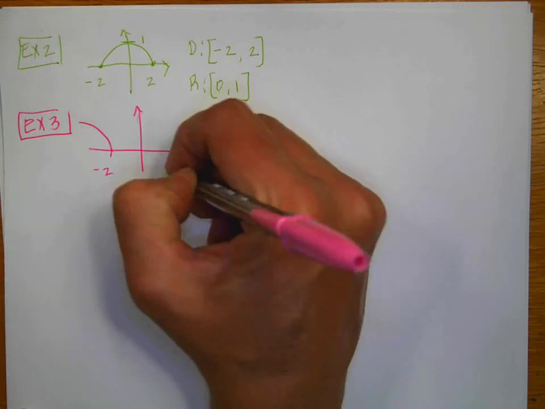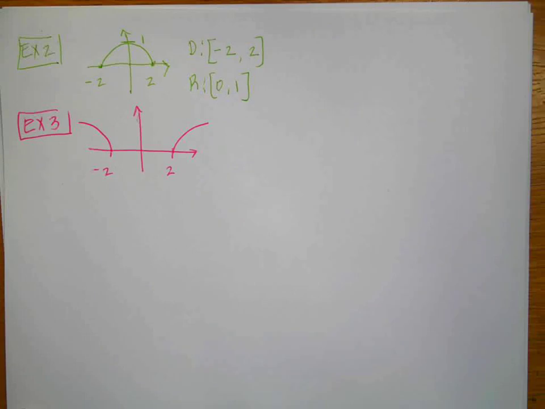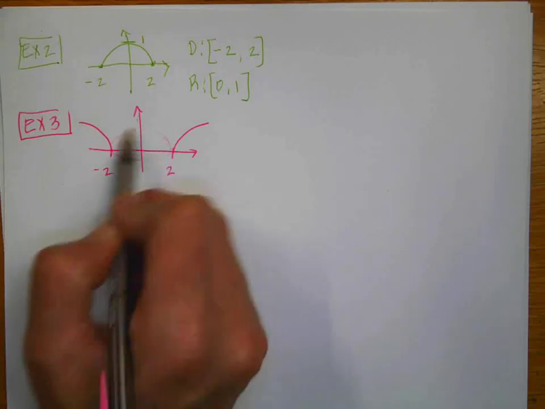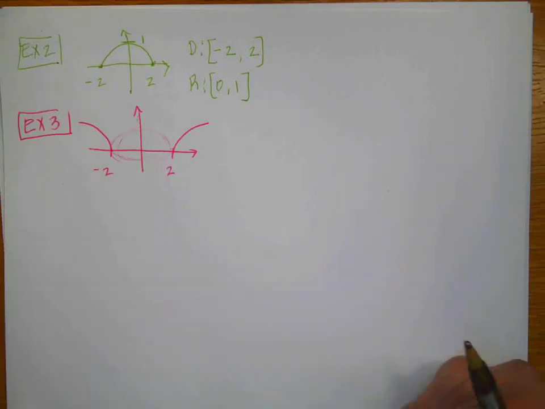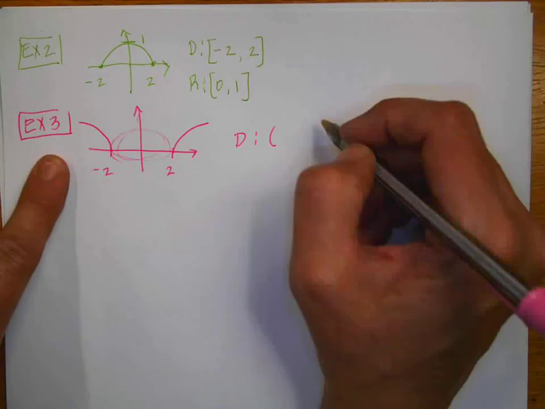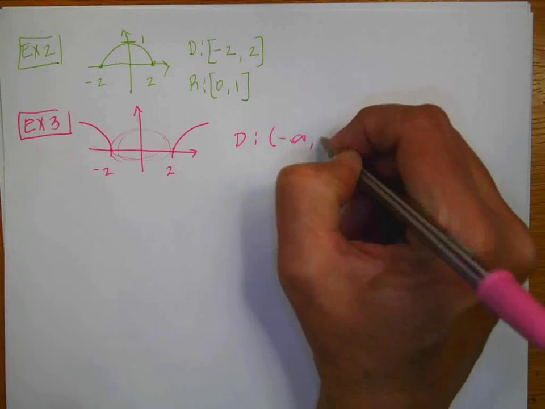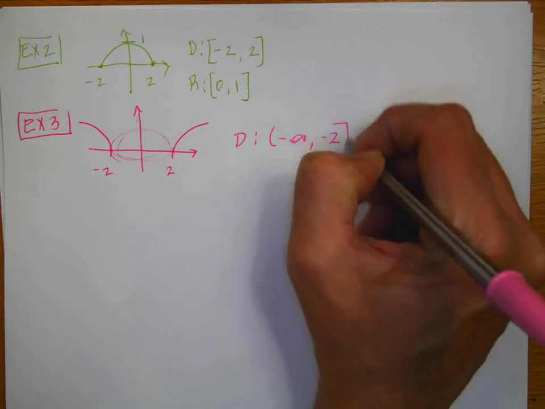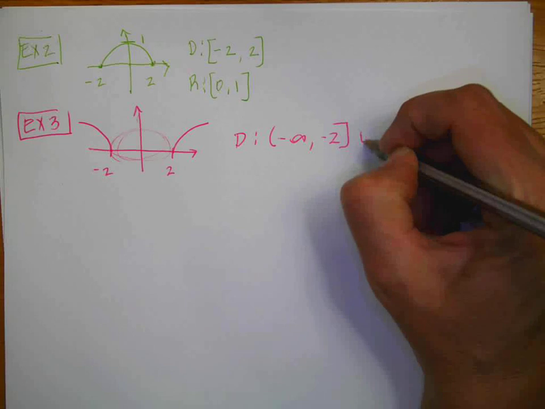This value is a -2. This is a +2, and that guy goes that way. All of this in the middle, there's nothing there, so therefore it's undefined. So then my domain is going to be, starting at the left, -infinity to -2 included, and then